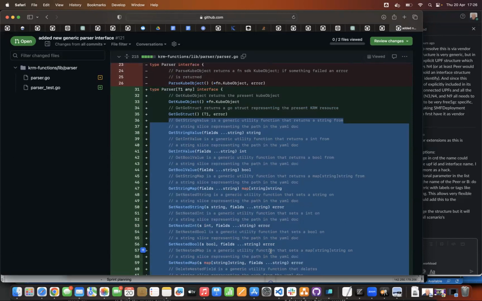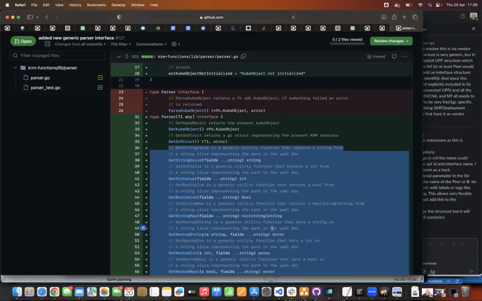So that should cover most of the things. And at the individual libraries that you wrote, like interface or IP, just implement the method directly on the base structure itself. Let's not create something similar to what we did for resource list.